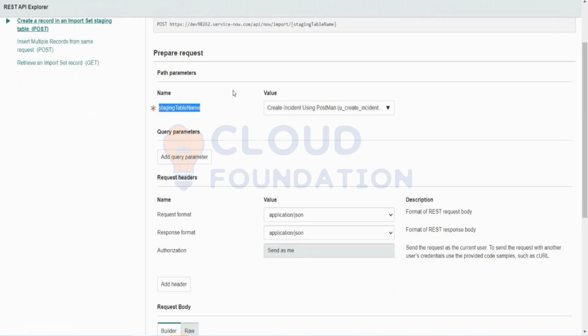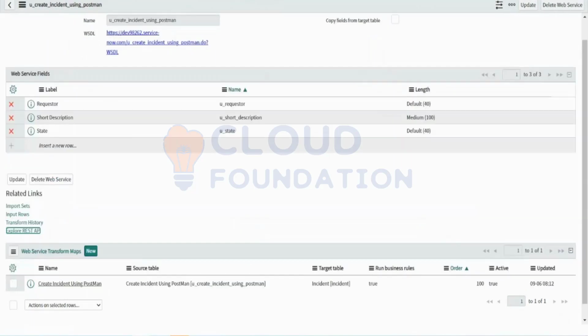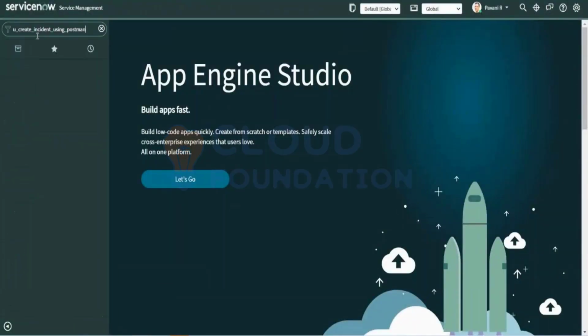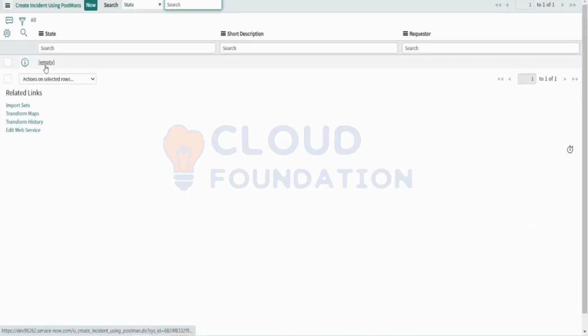But I inserted the record in the incident table. I just want to go and see in this table what are the details that we have. Just a second. The details that I gave for the requester and the other fields would have sat here, because I passed the parameters in this table, not in the incident table. Just a second. It's empty.